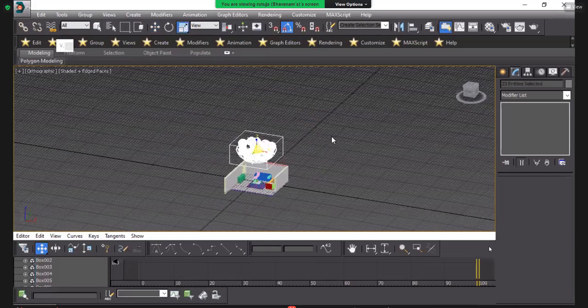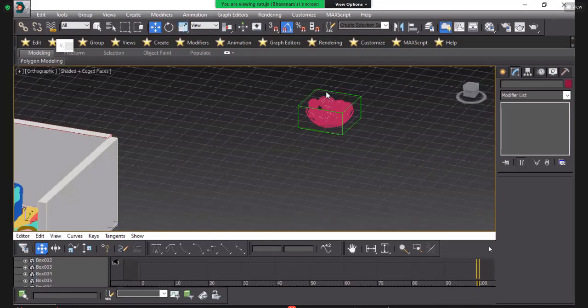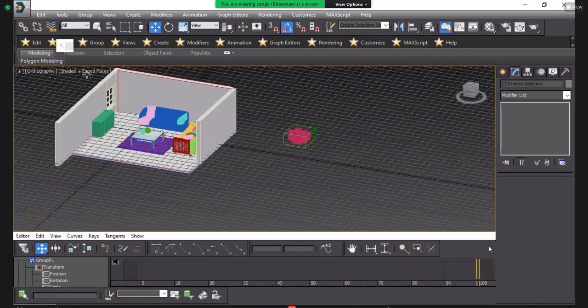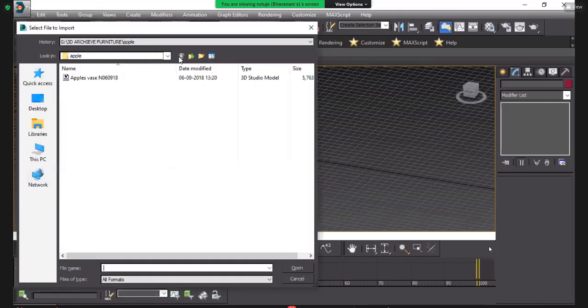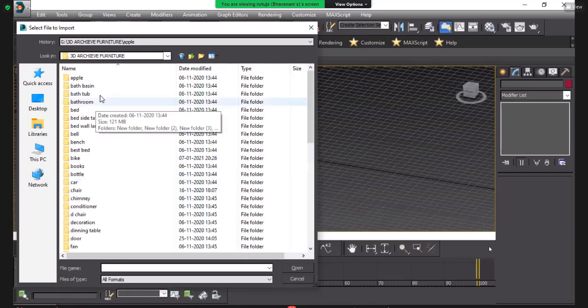But before the import, we can change the color of the apple. So that's why we cannot import it. Like that, I will import all the things which I want here. I will download all the things before the session. So you can also download the objects using the site 3D Archive.